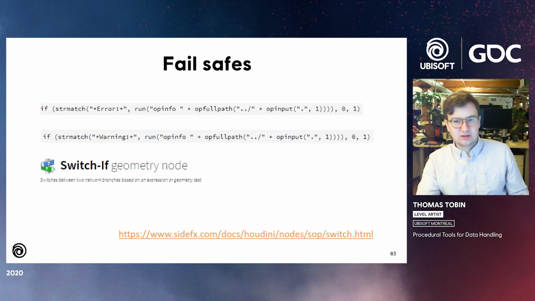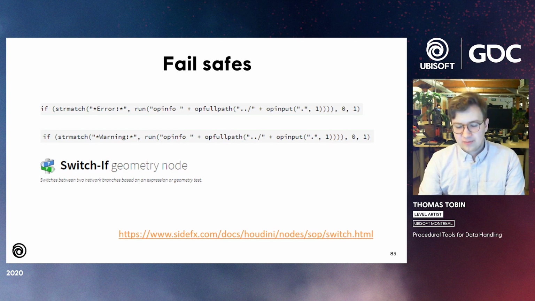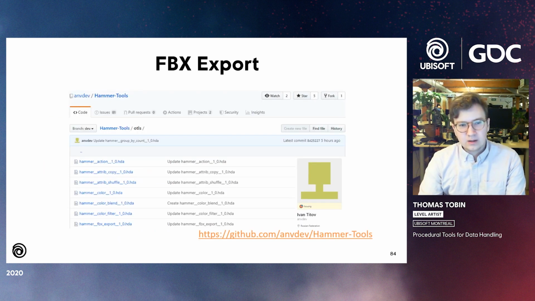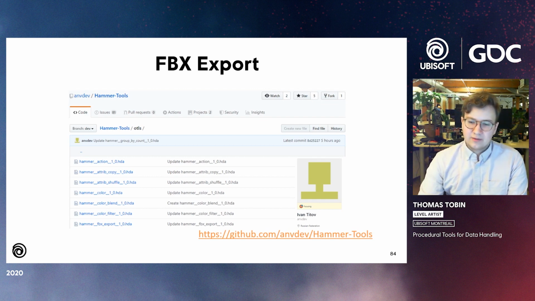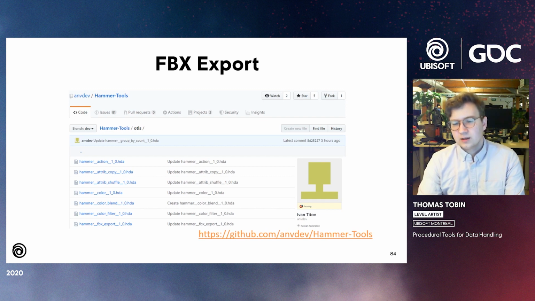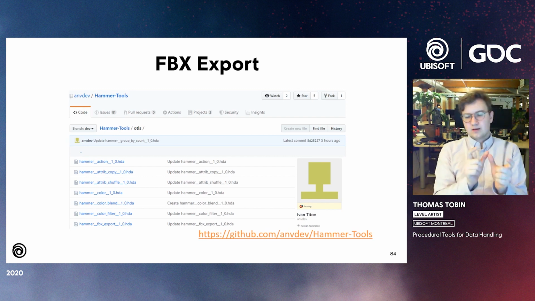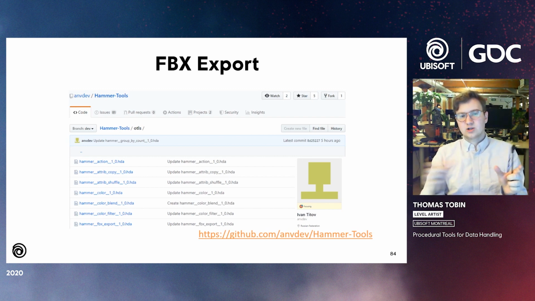The final thing I wanted to look at for the logic was FBX exporting. There's a tool called Hammer Tools, and you can find the GitHub by this link online, and it allows you to determine if the pieces are named. For example, if we have LOD1 named LOD1, LOD2 named LOD2, and so on, the tool can just sort by name. When you hit export, it will create its own subnet, and version out an object merge of each